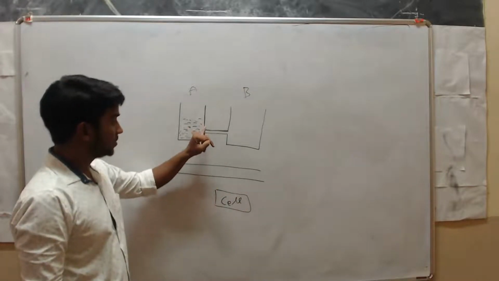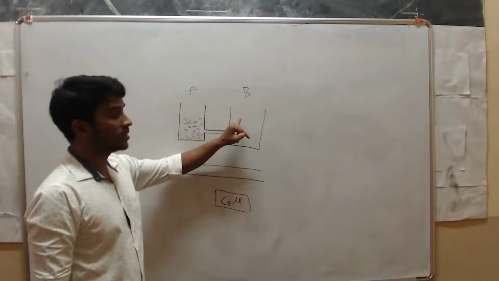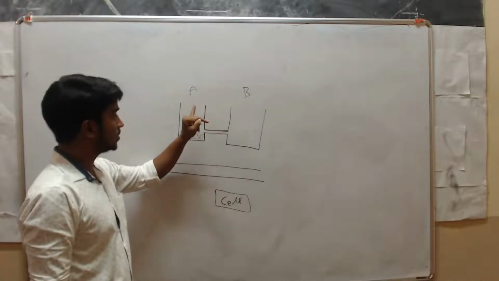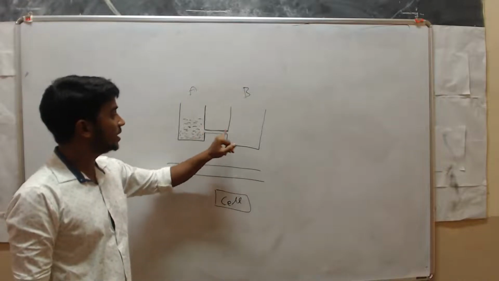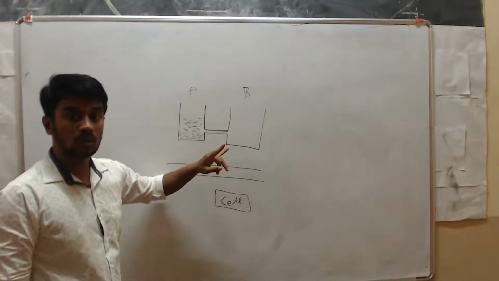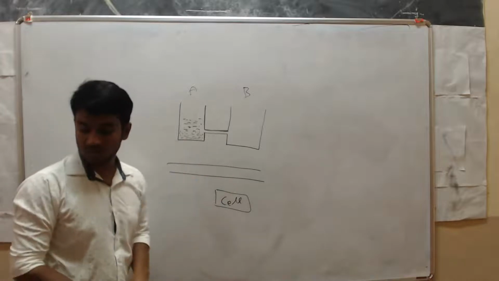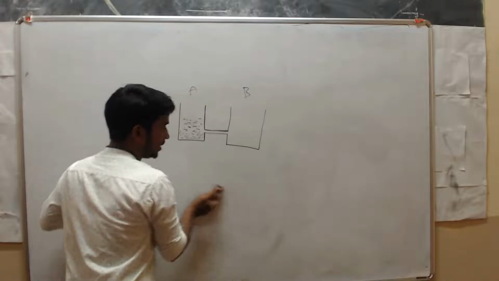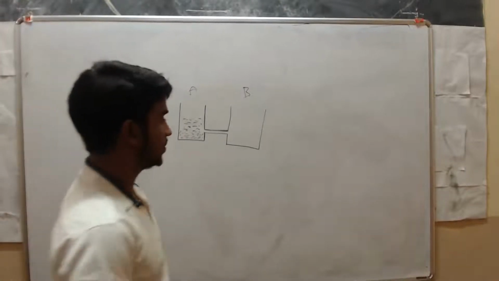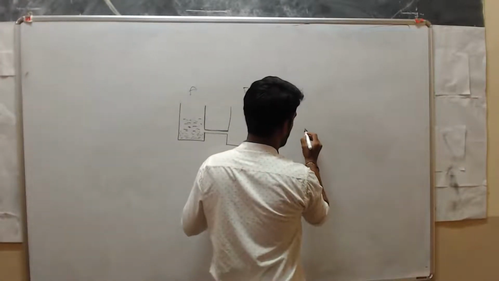So here, see, when water flows from A to B, only if there is a potential difference between this end and this end, then the water moves. Otherwise, it won't move. So here also, same. In an electric circuit, electrons will move if there is an electric potential difference between 2 points. For example,